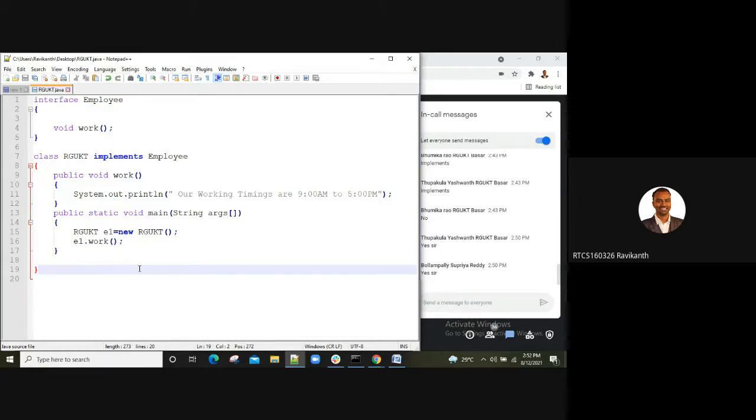Then you can also work with the multiple inheritance concept here. Am I right or wrong? So how do you write that?